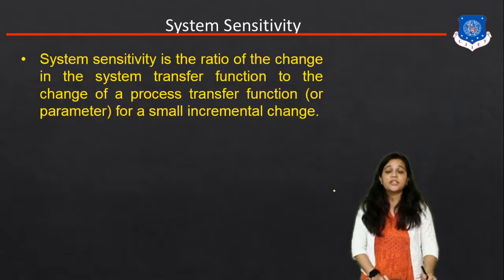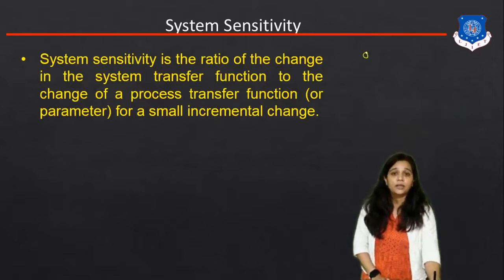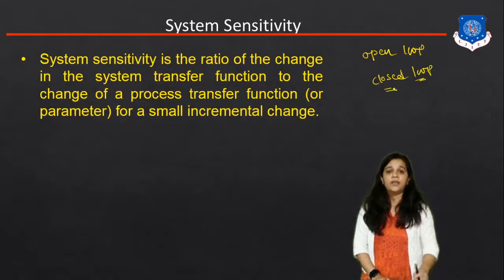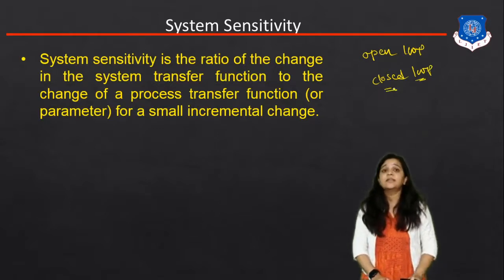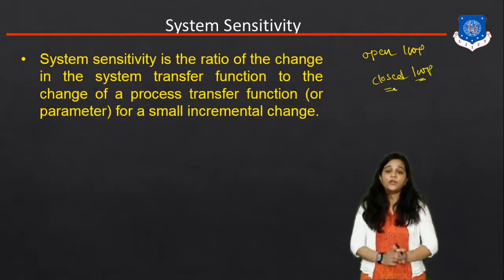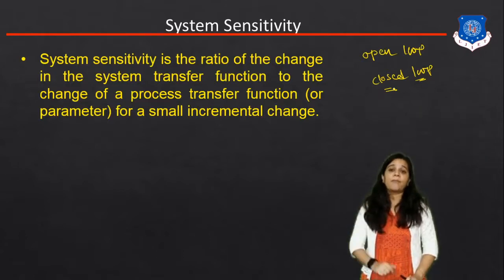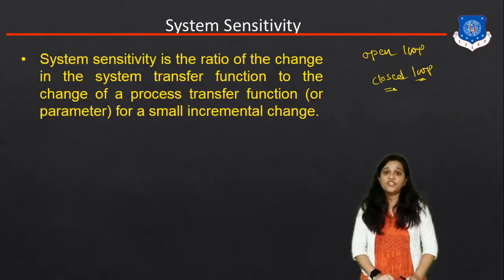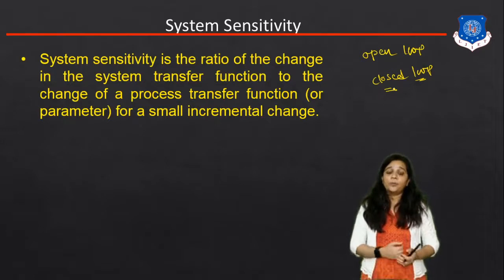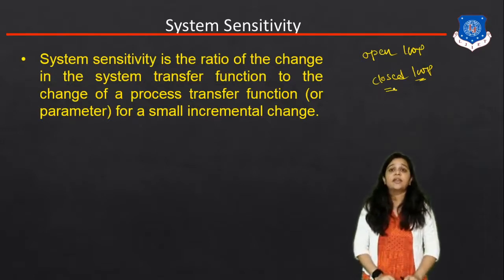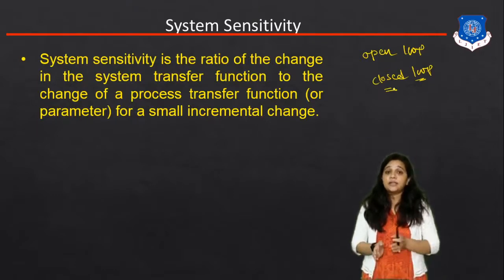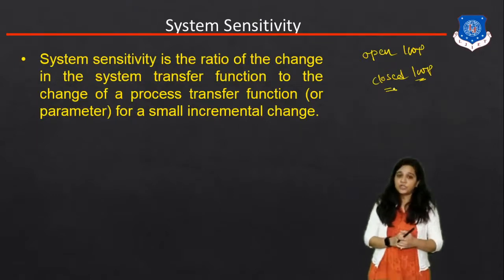So which type of system do we have to select? It will be the open loop system or the closed loop system, and we can get the sensitivity. Now, as we discussed in the last session, in the open loop system, if the system parameter or the input value is changed, the value of the output will change, and that's why the value of the sensitivity will change. So this is the disadvantage of the open loop system.